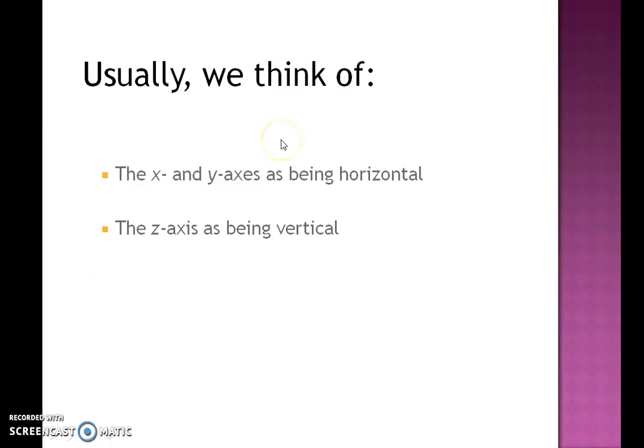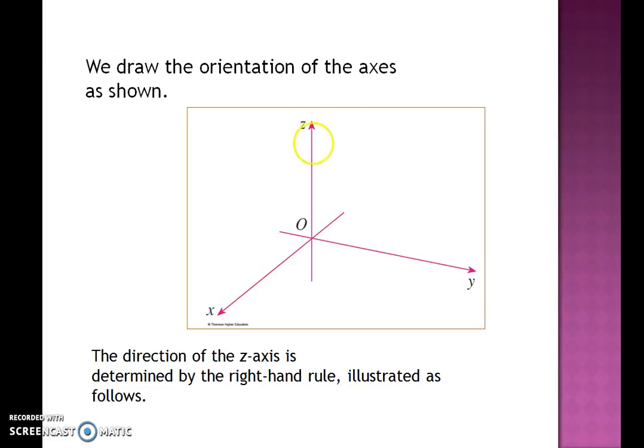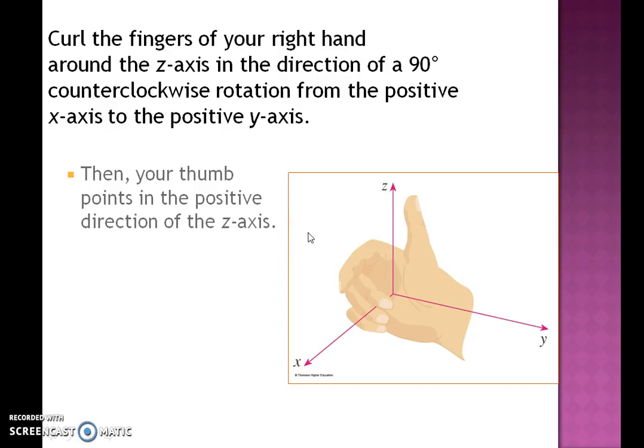Usually we think of the x and y-axes as being horizontal while the z-axis is vertical. So as you know, the x and y-axes are the horizontal axes while the z-axis is the vertical axis. And thus you can decide the direction of the z-axis by using the right hand rule as shown in this figure. If you curl the fingers of your right hand around the z-axis in the direction of 90-degree counterclockwise from the positive x and y-axis, then your thumb points in the positive direction of the